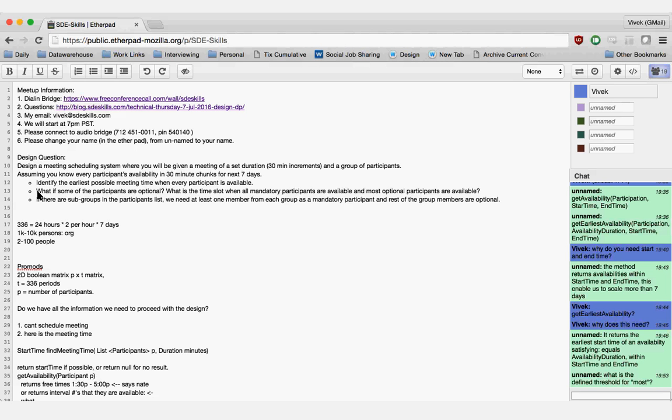Once the data comes out, you have to go back and check the availability of all the participants for the entire interval period. You have to see which of these meetings Geek can make completely, and keep track of that. So this time the array value is not per interval period, but on the meeting schedule entirely. Then you sort it by most. The question was, is there a defined threshold for most? There is no threshold for most. If there is no meeting period where any of the optional participants can make it, then it's 0. You still have to schedule the meeting because all the mandatory ones are there.